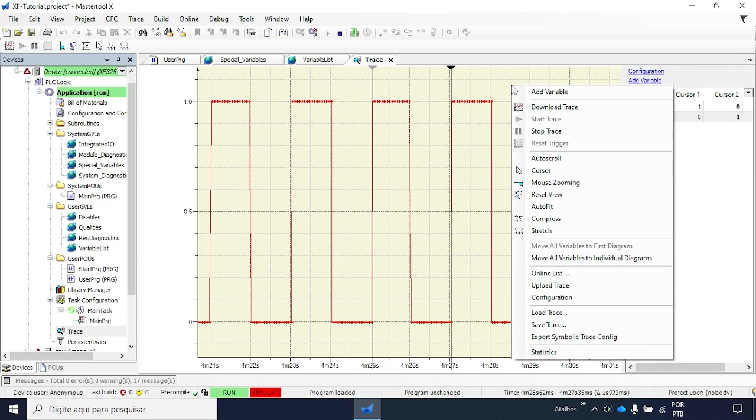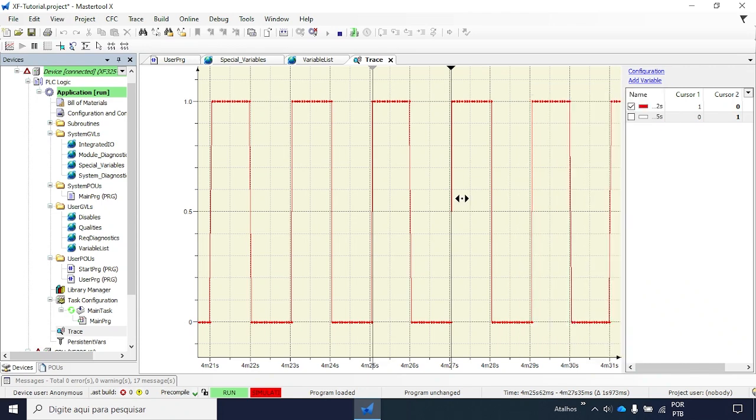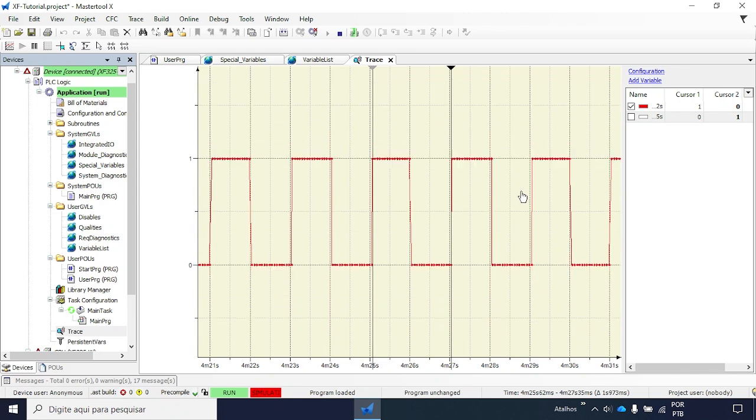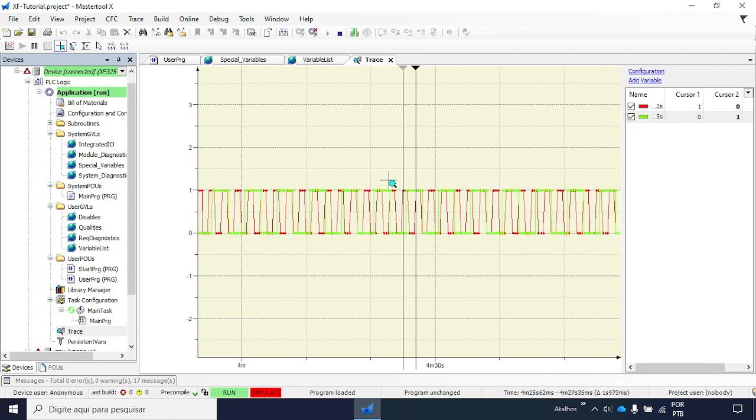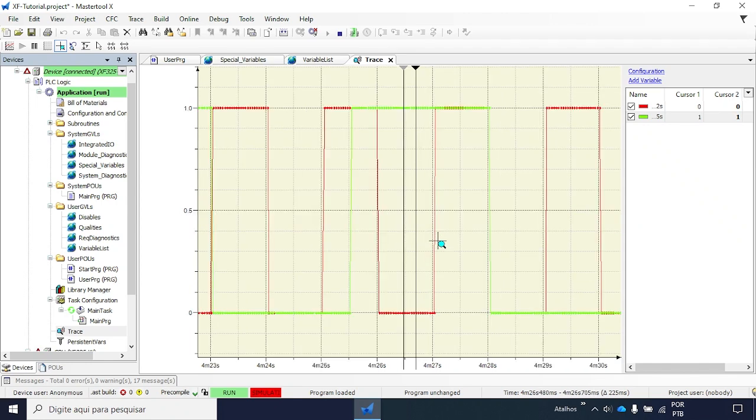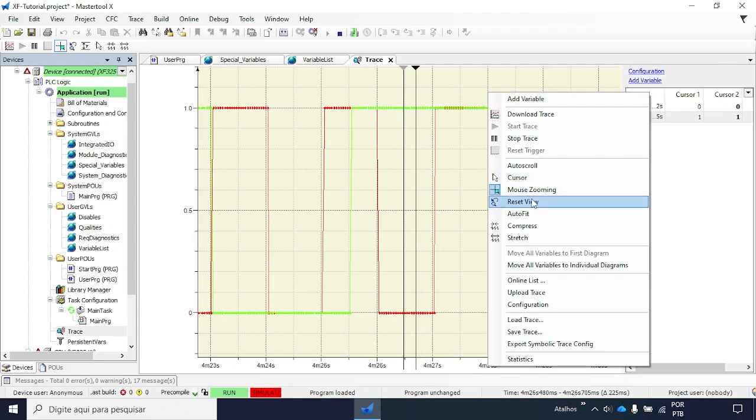Let's right click the graph again. You can also do mouse zooming. To demonstrate this, let's zoom out of the graph and right click, select mouse zooming, and then you can click and drag a specific area you want to zoom in on in your graph. Let's say we want to see this region right here, then select it and release. It will automatically zoom for you, which is pretty good. Now let's deselect it.